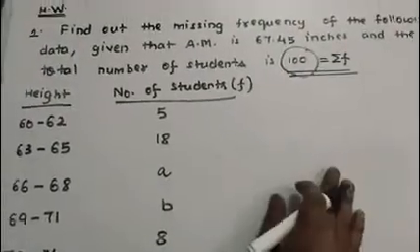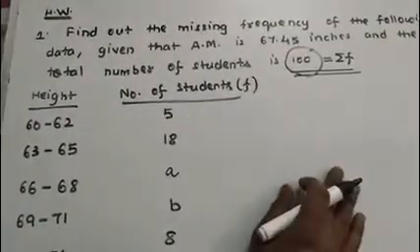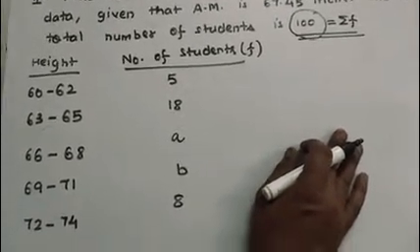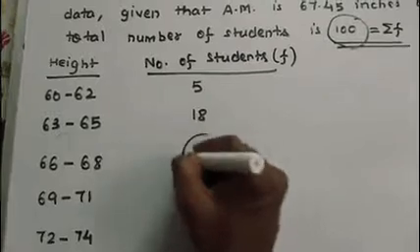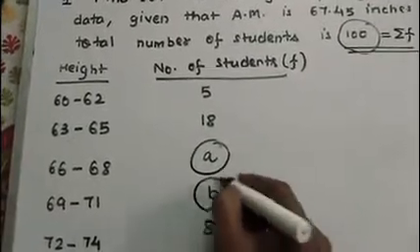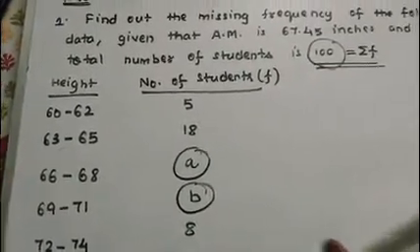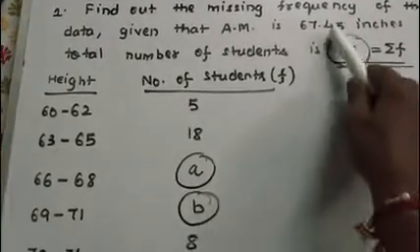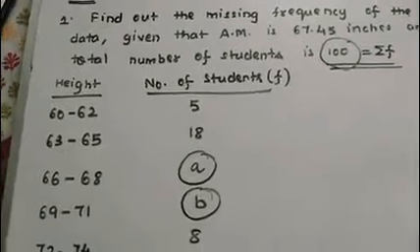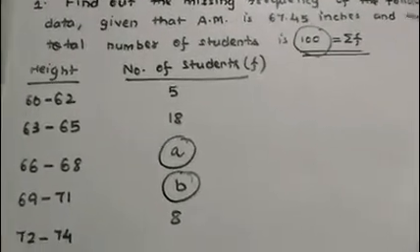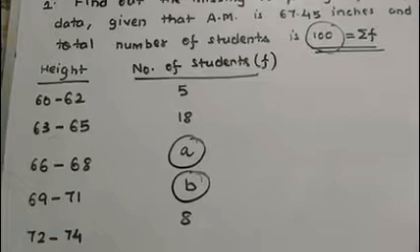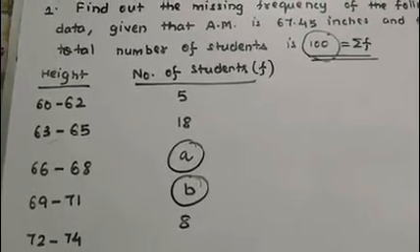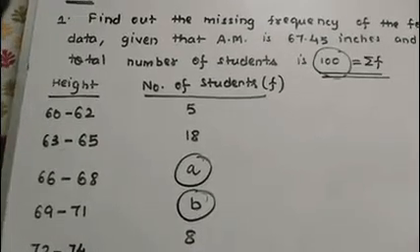This is given to you. Another thing, arithmetic mean is given to you. Now what you have to find? You have to find out the missing frequency. Now what are the missing frequencies here? Here A is the missing frequency, here B is the missing frequency. One thing I have already said, that if two data are missing, then two extra data are given to you. So try this question, find out the values of A and B and tell me the answer in the next class.